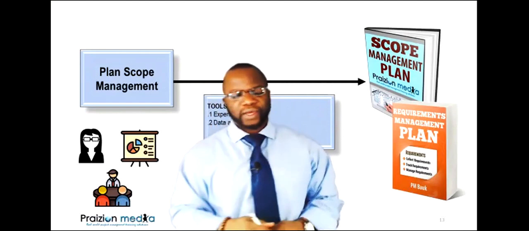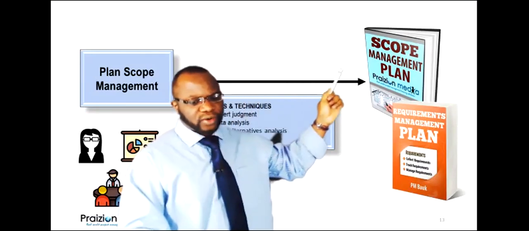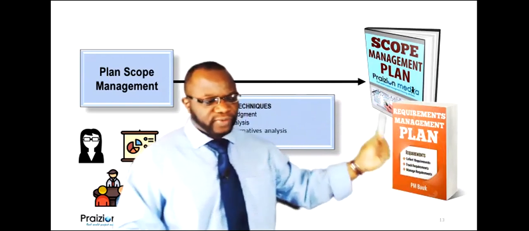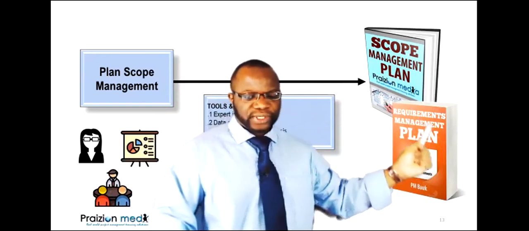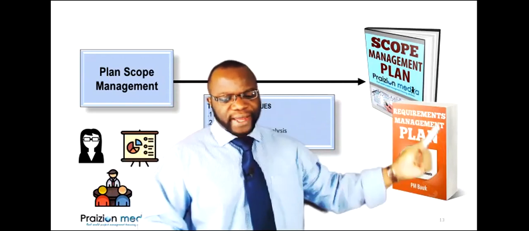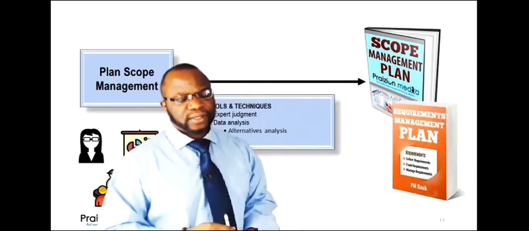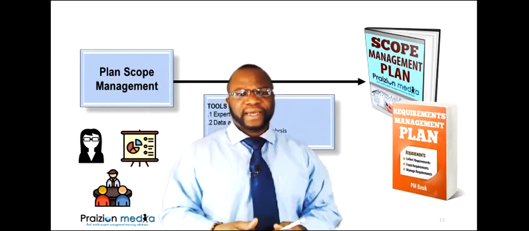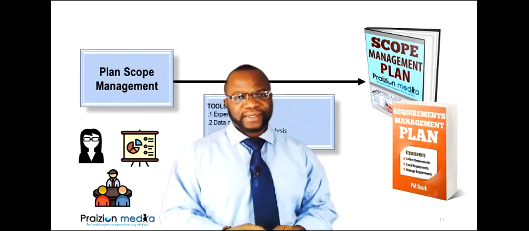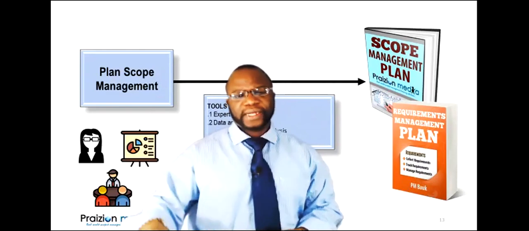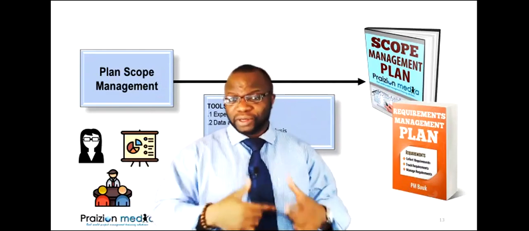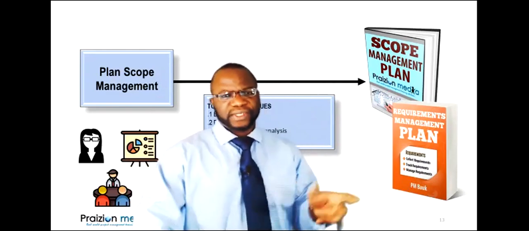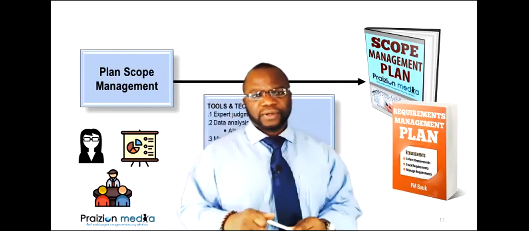Whenever you look at any of these, you need to ask the question, what is in it for me? This is what is in it for you. You see that? The scope management plan, the requirements management plan. That is what is in it for you. Then the next step is to say, what is in these plans? And that is when you open up your PMP guide and you begin to go into the details. But I don't want to go into the details. You can read the details. Okay, so for now,